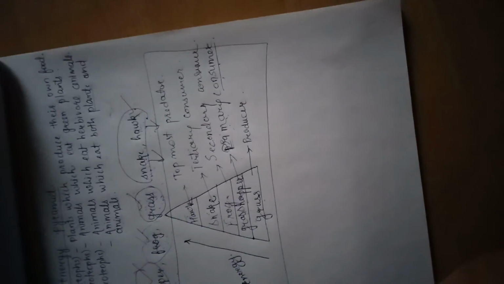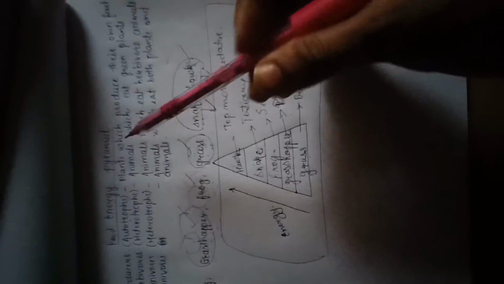So these are the ways by which you can draw an energy pyramid. So why is it called a food energy pyramid? Because the energy is transferred from the producer to the topmost organism of the pyramid with the help of food. So food is different for different organisms, but each organism is eating the one at the level below it for obtaining the energy.